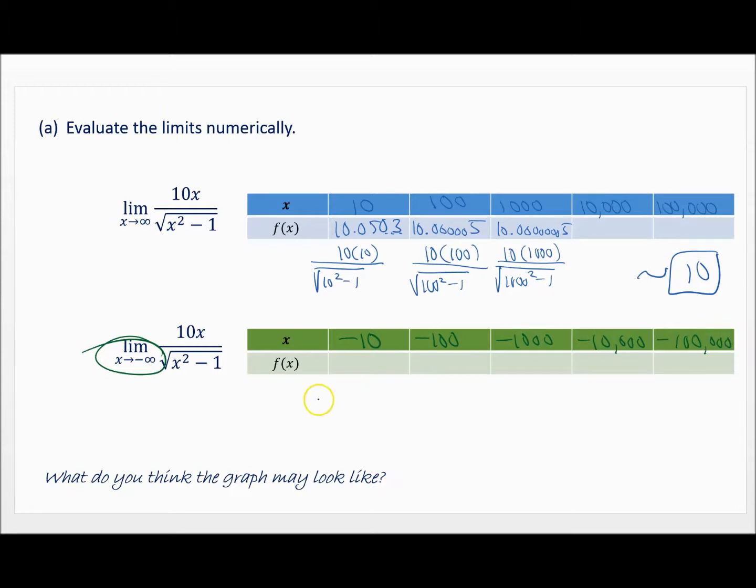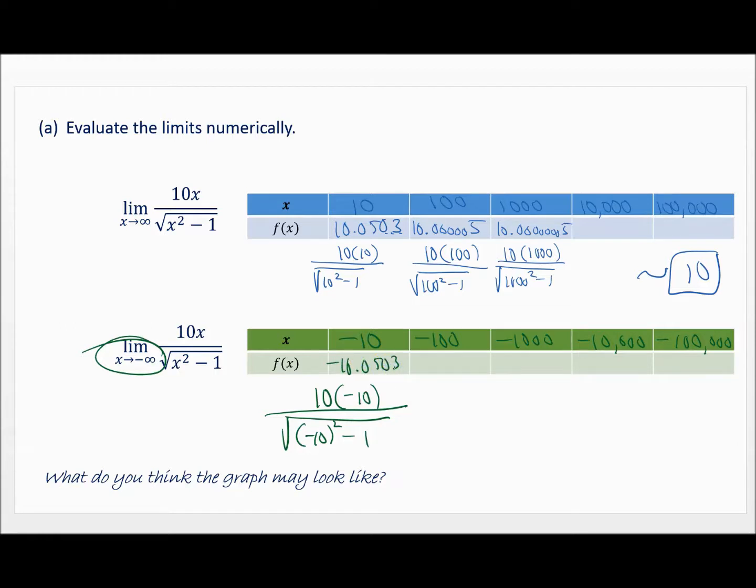So careful with your signs. That would be 10 times negative 10 divided by the square root of, now, when I square that negative 10, it turns positive. That's going to be a positive 100, but we're going to have a negative 100 in the numerator, minus 1. Now, the only difference between these two calculations is this negative sign right here. So I am guaranteed that this is negative